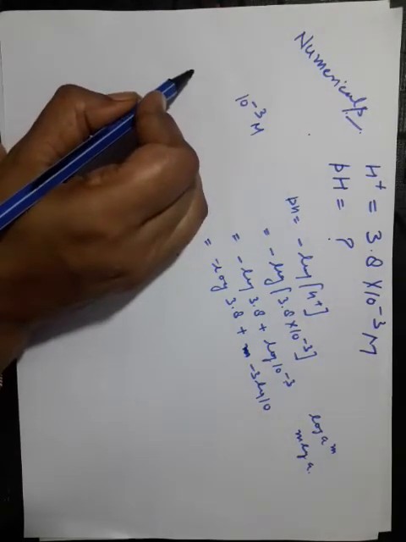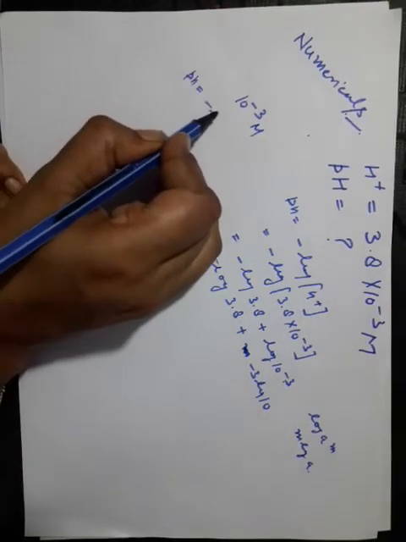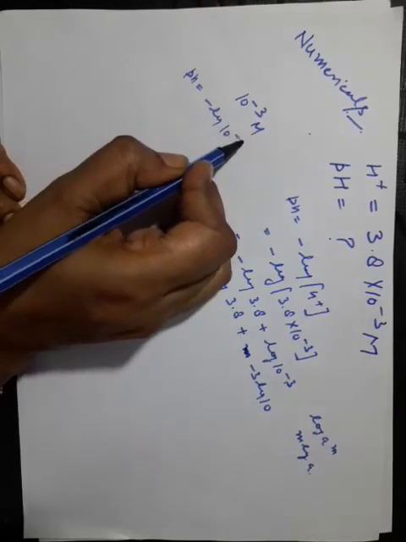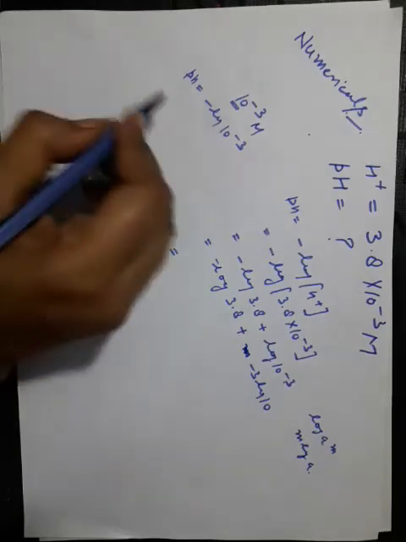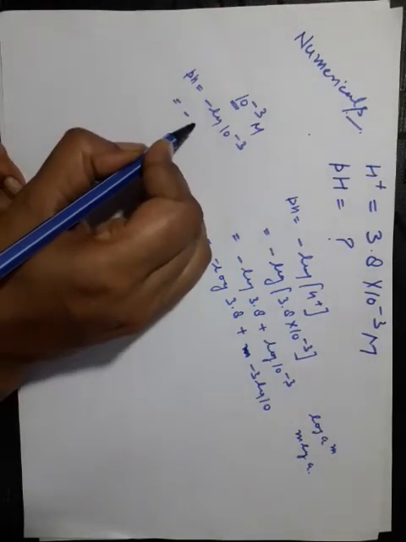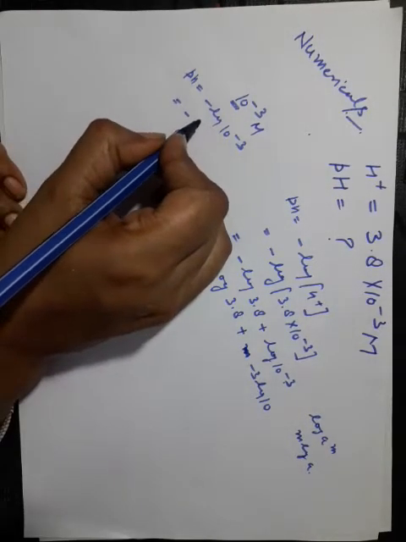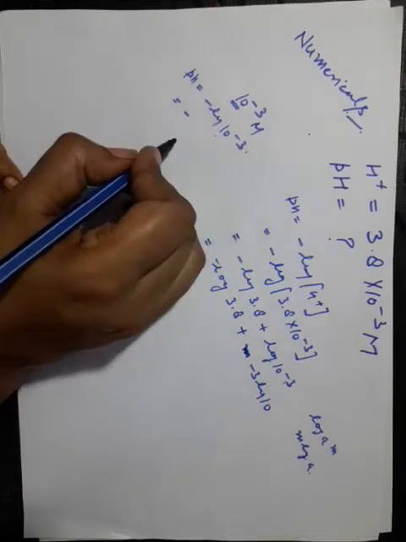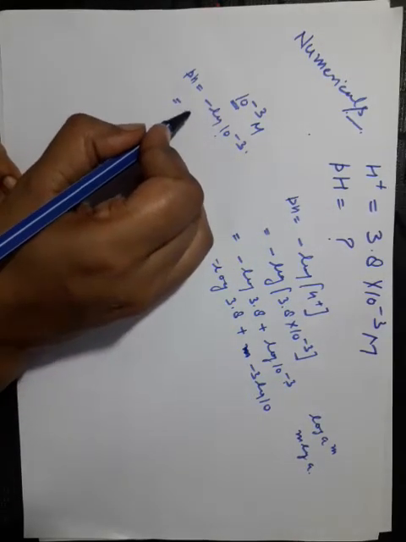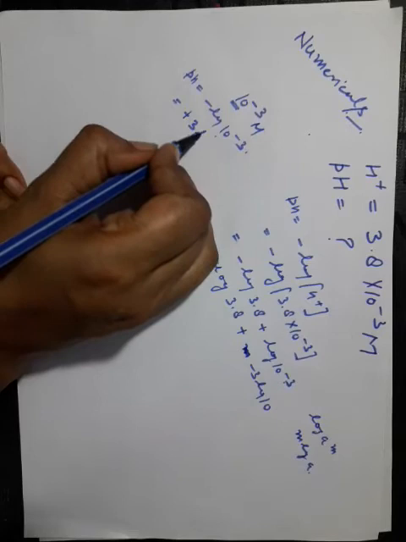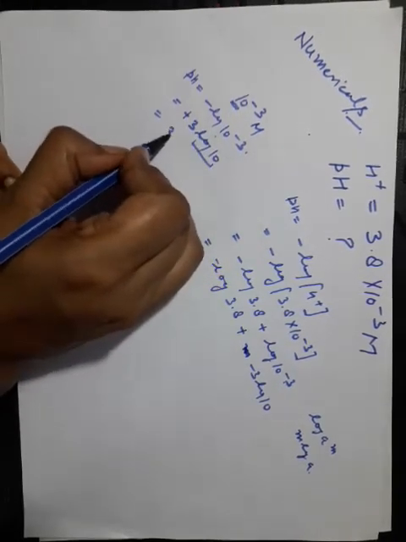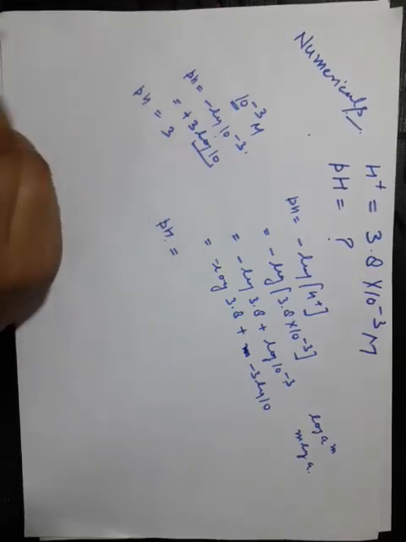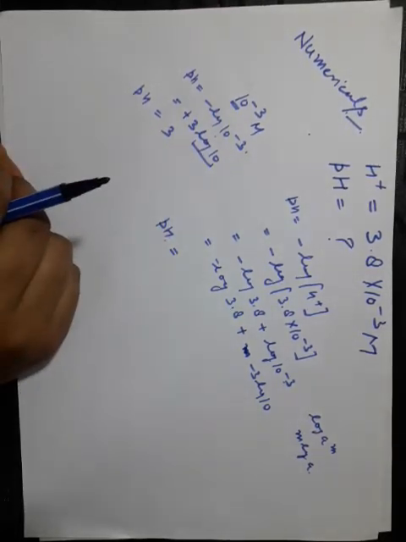So, students, pH is equal to negative logarithm of hydronium ion concentration. H ion concentration is 10 to the power minus 3. So, negative log a to the power n is equal to negative n log a. So minus minus plus 3 log 10. Log 10 has the value 1. So pH is 3, which shows that it is acidic by nature.